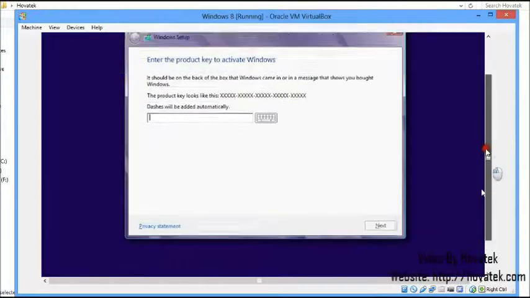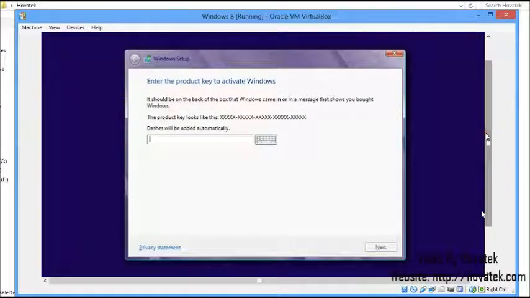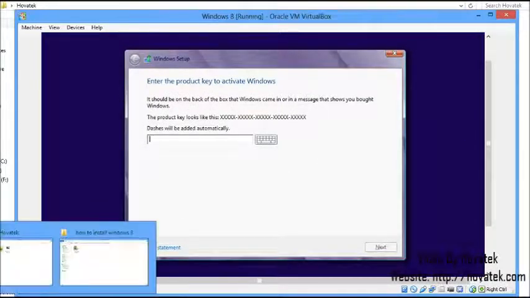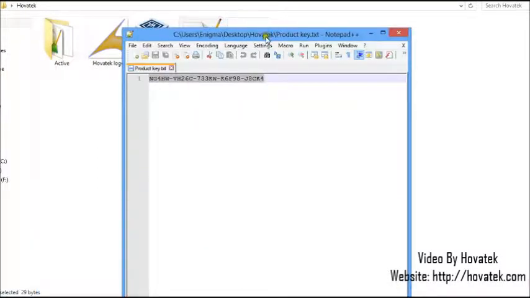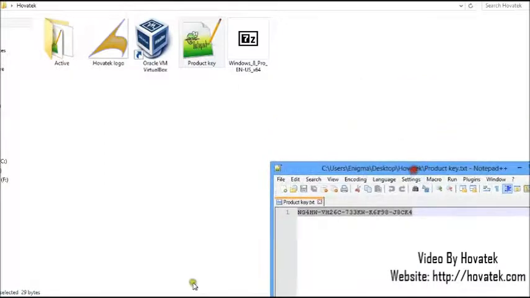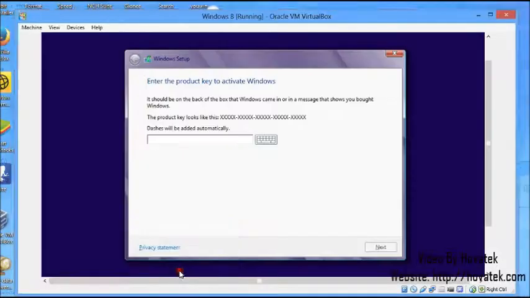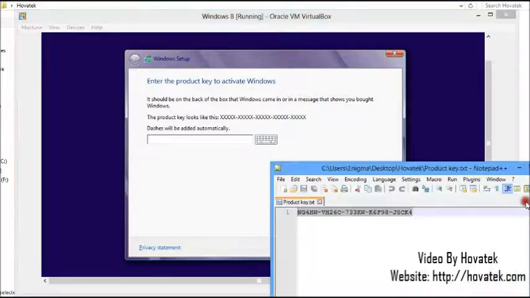At this point, I'm required to enter the product key, so you'd want to come back here to get the product key. Alright, here's our product key, so I'll just minimize this. Alright, product key